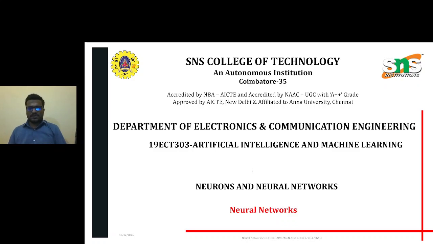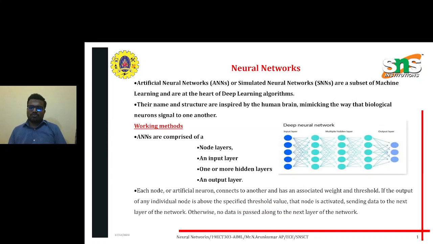Kumar from EC department. In this PPT, we are going to see neuron and neural networks. So the neural networks are playing an essential role in artificial intelligence, because if the neural networks are not present in the artificial intelligence, then we cannot predict the concerned factors. So by using neural networks, we can create an image as well as the concerned algorithm based